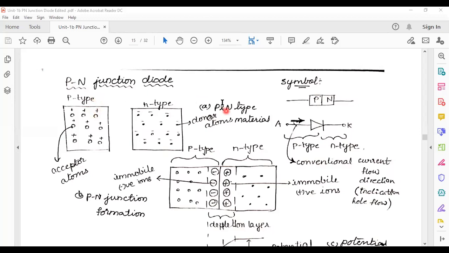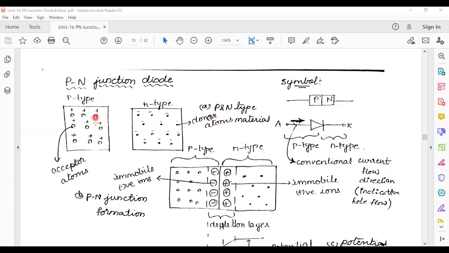Here, this is the actual. This is our notes. By following these notes, if I explain within the notes, you will get familiar with this material. That's why I'm using this. Initially, we know the p-type material and n-type material. In this p-type material, the majority charge carriers are holes, mainly because acceptor atoms are present in this p-type material. This is the n-type material. Majority carriers are electrons, and donor atoms are present in this n-type material.